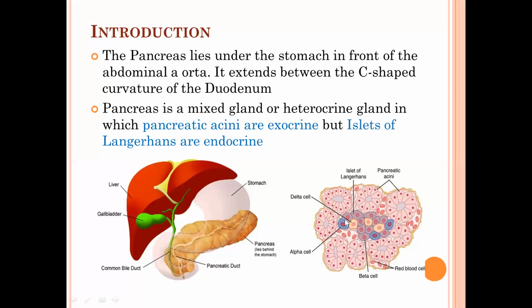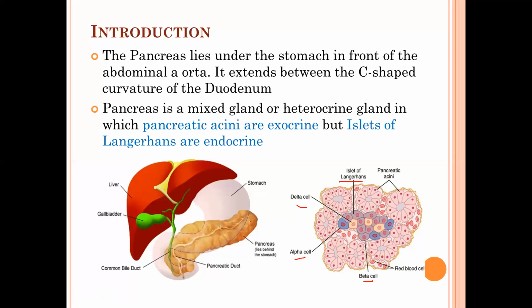But whereas the endocrine region is ductless, so the secretions are secreted directly into the blood. So here the endocrine nature of pancreas is called as islets of Langerhans. The islets of Langerhans contain three different types of cells mostly. Maximum amount of cells are these. One is alpha cells, beta cells, and delta cells. Other than that, there are also epsilon cells and pp cells. So those cells also produce some sort of hormone, but in lesser quantity. So here the maximum amount of cells in the islets of Langerhans are delta cells, alpha cells, and beta cells.